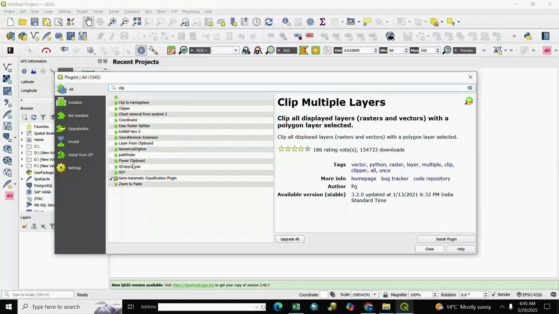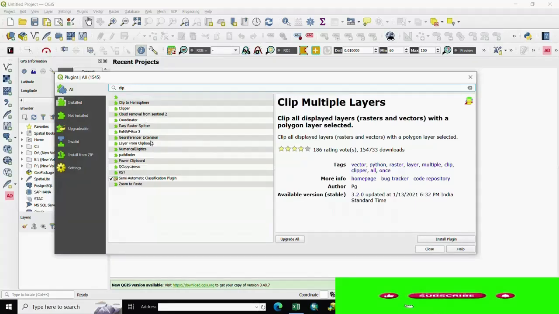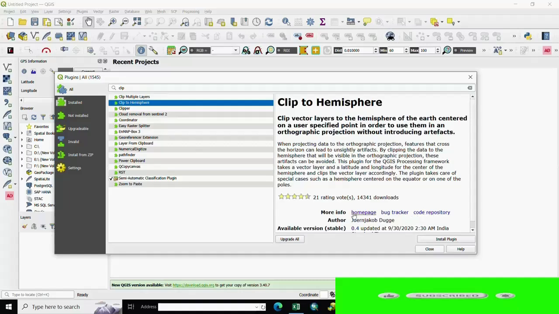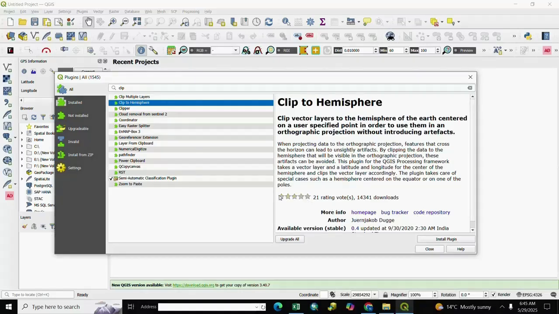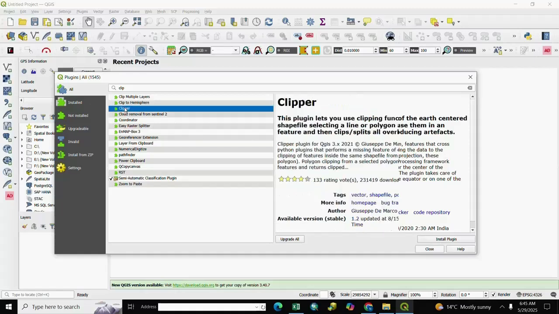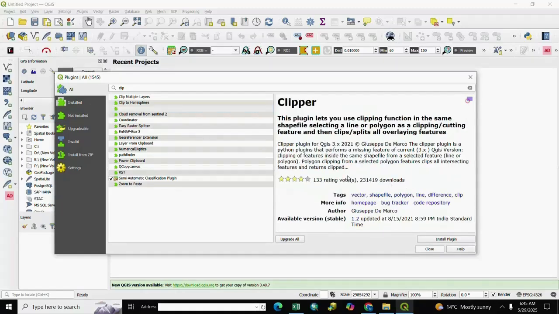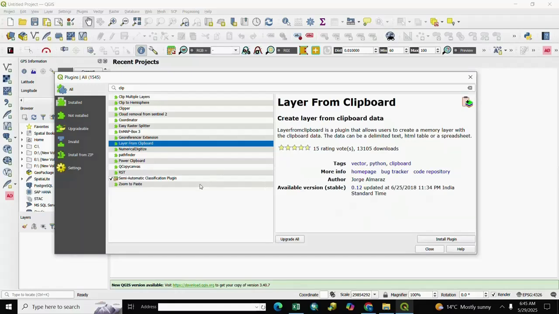So here are clip related plugins, and you see the ratings and downloads, and many other clipping related plugins. So as per your need, you click any one.